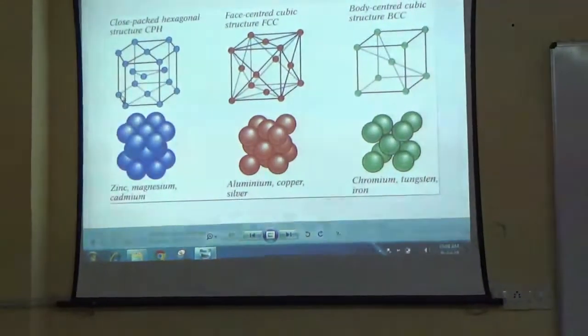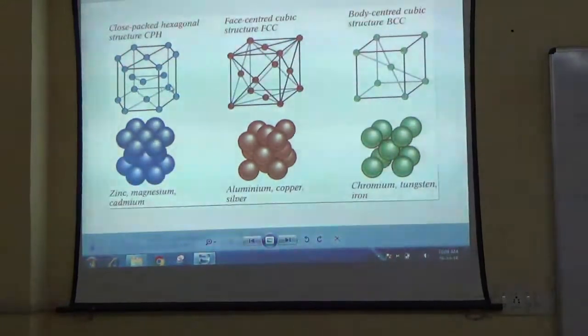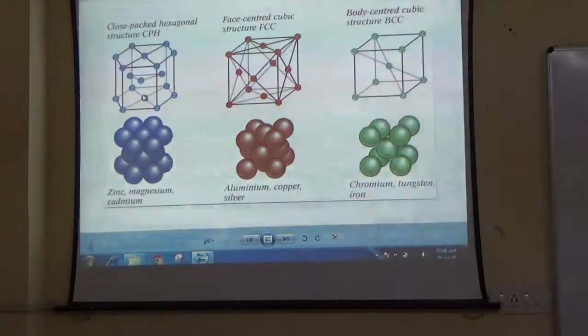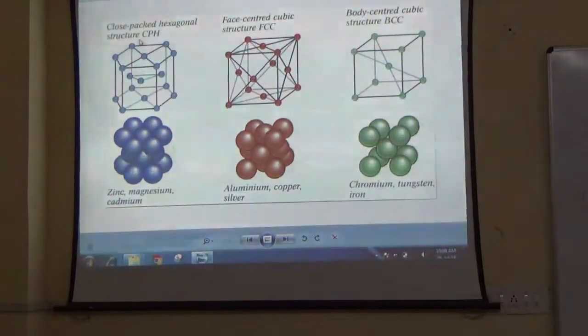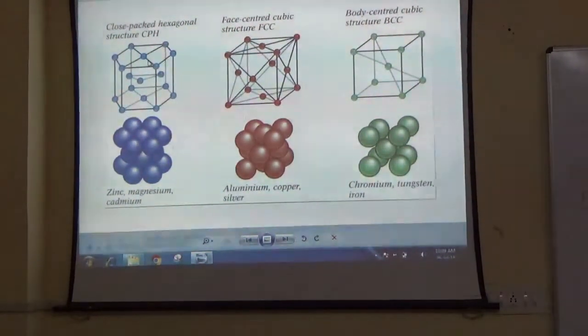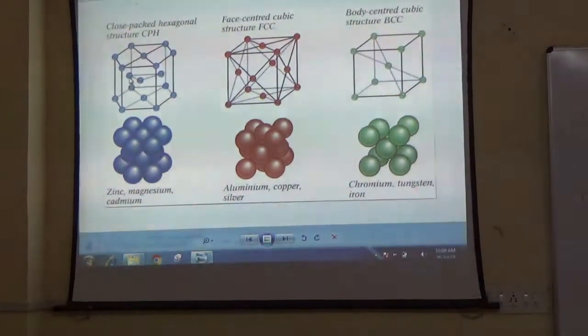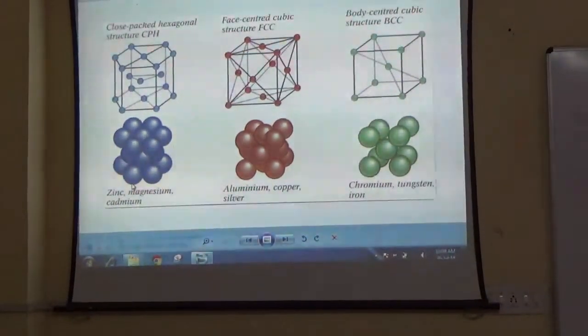Each corner has one atom and one atom is at the center of the hexagon. Similarly, for the upper base there are 6 atoms at each corner and one at the center, and 3 atoms are also occupied within the unit cell. Metals like zinc, magnesium and cadmium have this kind of structure, hexagonal close